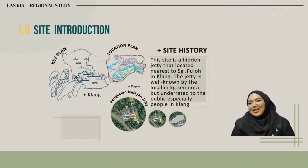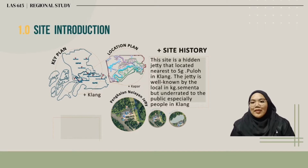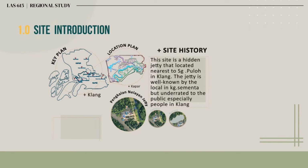My site is a jetty which is located at Kampung Batu 4 Meru Kapar in Klang. This site is a hidden jetty that is located nearest to Sungai Pulo in Klang. The jetty is well known by the locals in Kampung Batu 4, but it is unknown to the public, especially people in Klang. The area of the jetty is around 7.5 acres and it is surrounded by mangrove area and